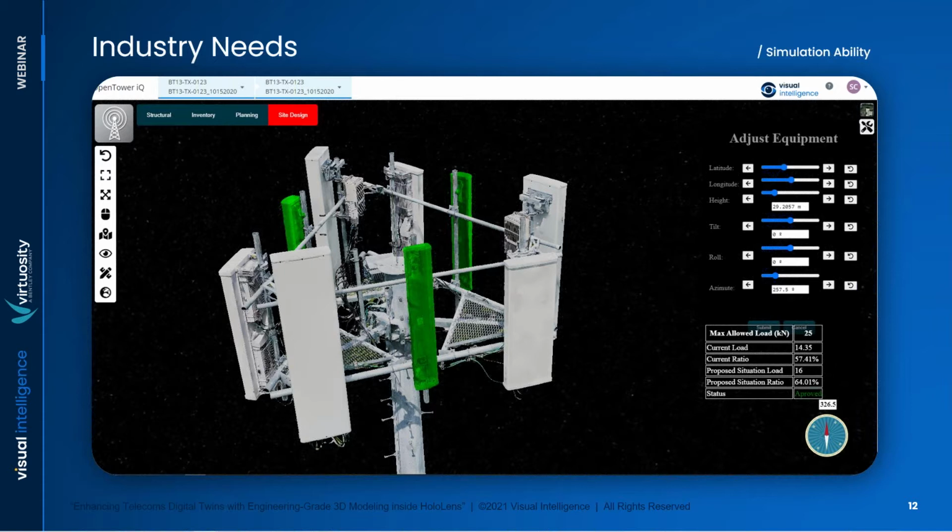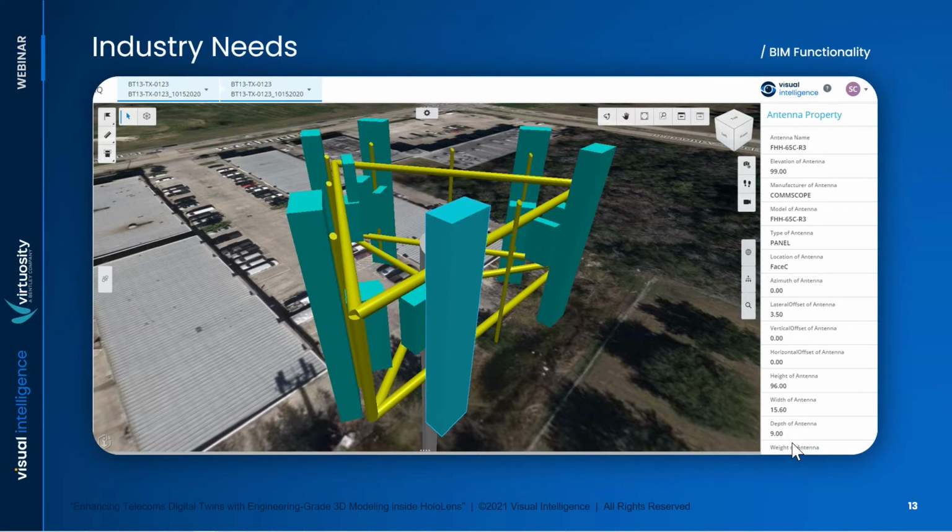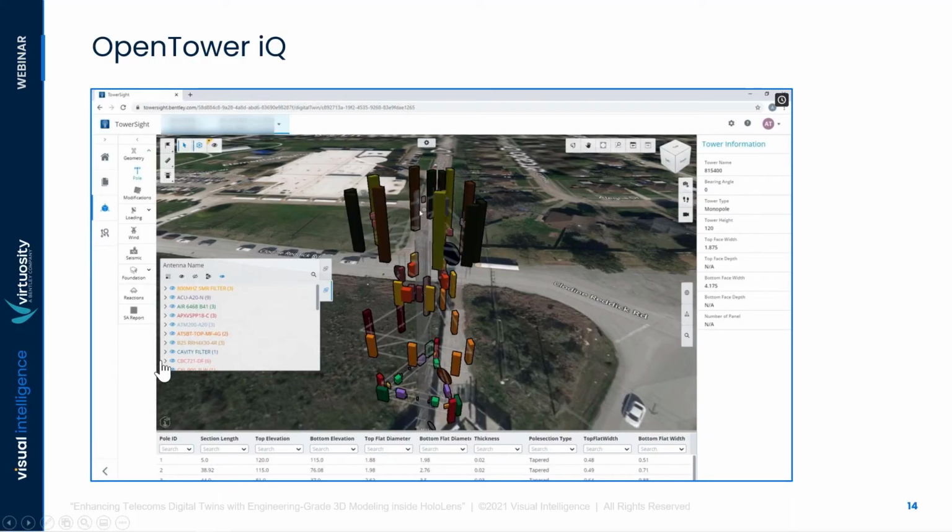Having that immediate time will show you how that affects the value proposition later. We've used the same graph here because this same function of the design model gives you actually the BIM functionality, where you can see here we've got the antenna identified, the antenna name, the type, the model, and all that identification. And when you look at the OpenTower platform,